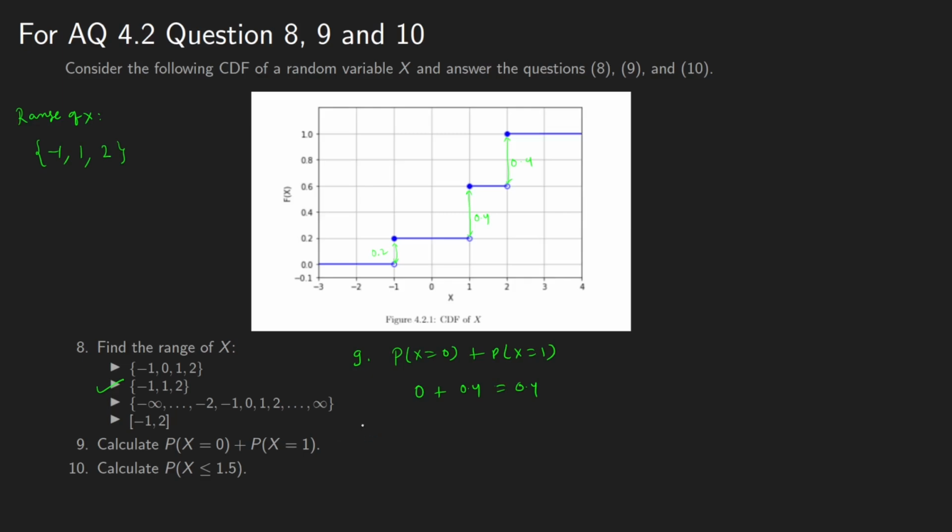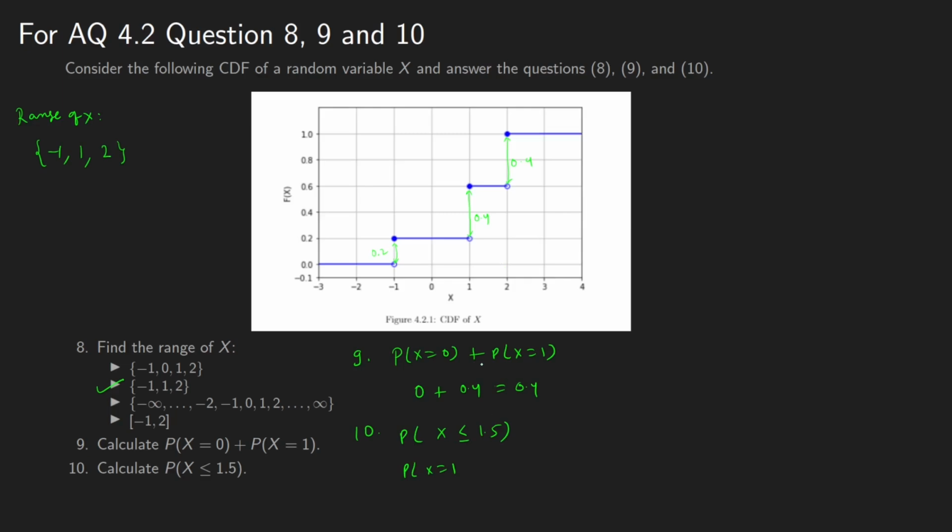That was the ninth question. Coming to the 10th one, it is asking the probability that x will take value less than or equal to 1.5. So we'll have to consider all the points before 1.5 where there is a jump, and add all the probabilities. So it is clearly the probability that our random variable will take value less than or equal to 1.5. So 1.5 is at this point. Exactly at 1.5 there is no jump. So what are all the possible values that x can take before 1.5? We saw that there is a jump at 1,